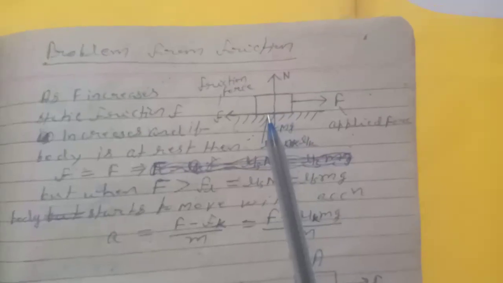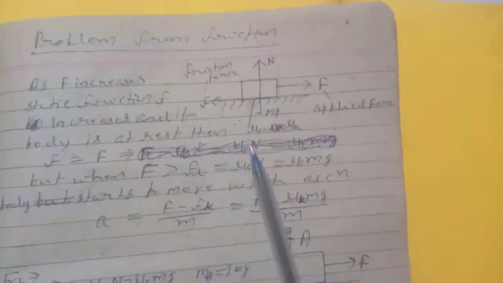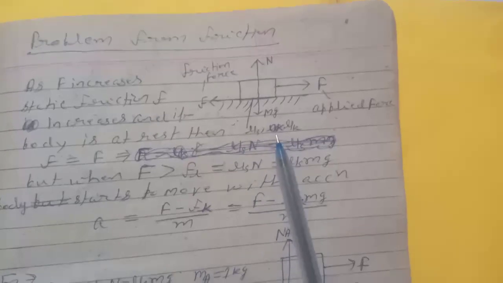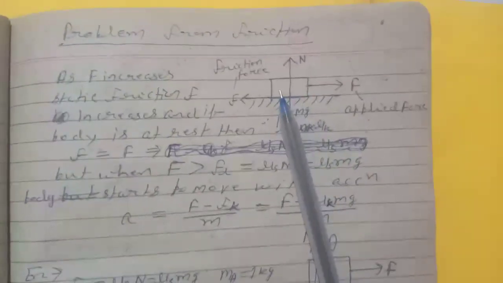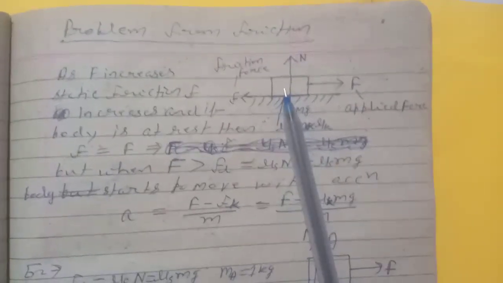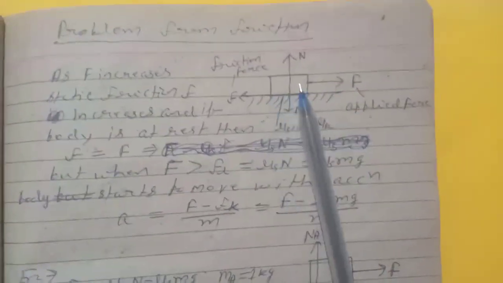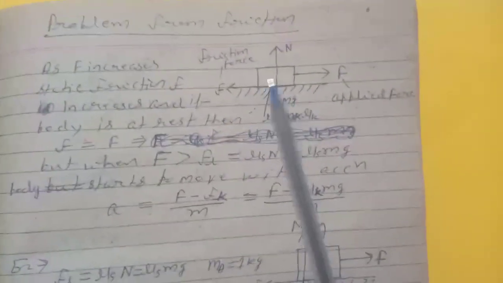on this surface, and if we apply the force F, then the force of friction will act in this direction, and the coefficient of friction is given, that is, the coefficient of static friction and the coefficient of kinetic friction. As soon as we apply the force, friction starts to act on this body, and as we increase the applied force, the force of friction also increases, and a